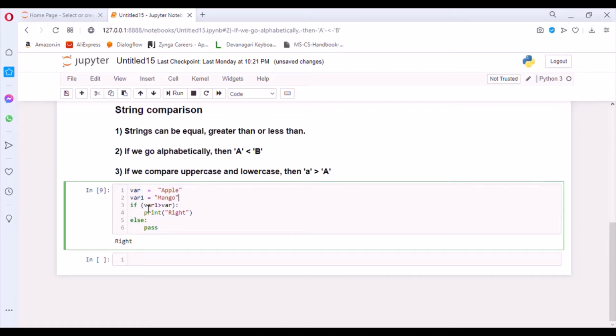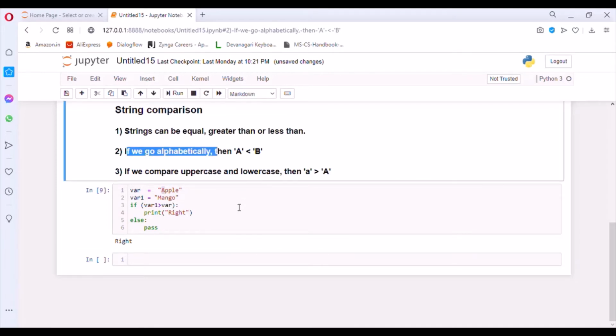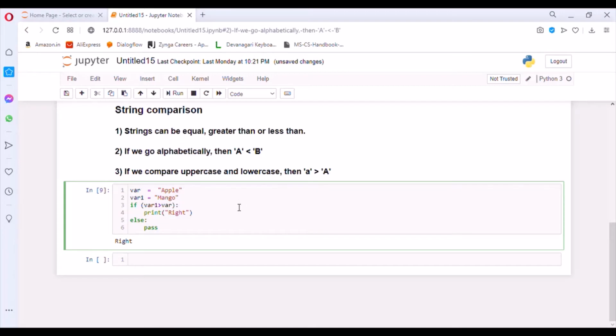Our first condition says that if var1 is greater than var. So let's check. The first letter of var1 is M and the first letter of var is A. If we go alphabetically and apply rule number 2, then we come to know that the letter which comes next is always considered greater than its preceding letter. So M comes after A. That's why var1 is greater than var, and we have this result.